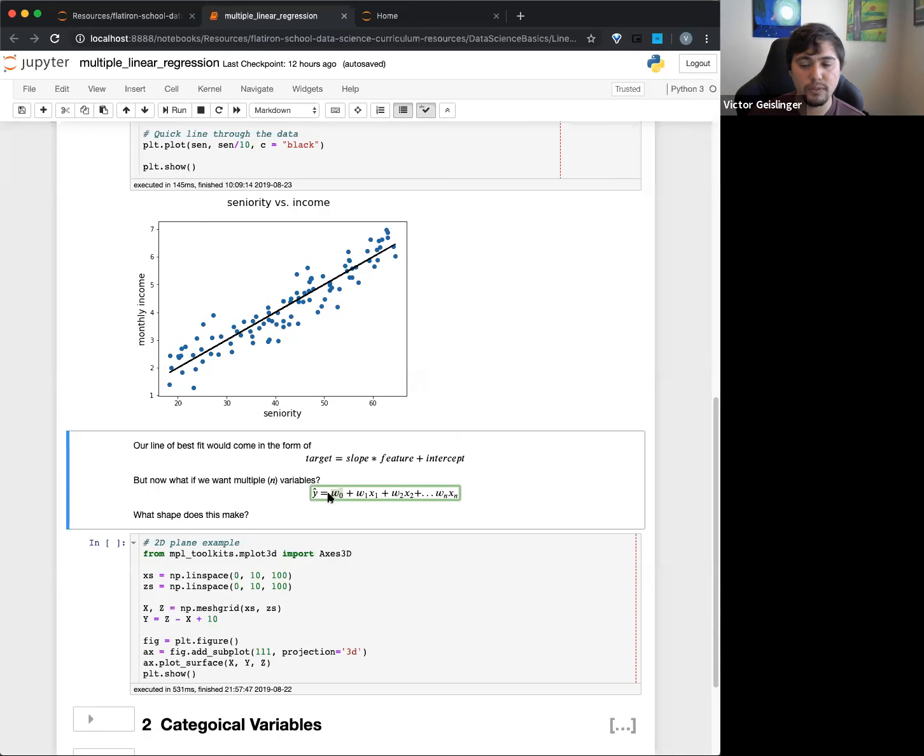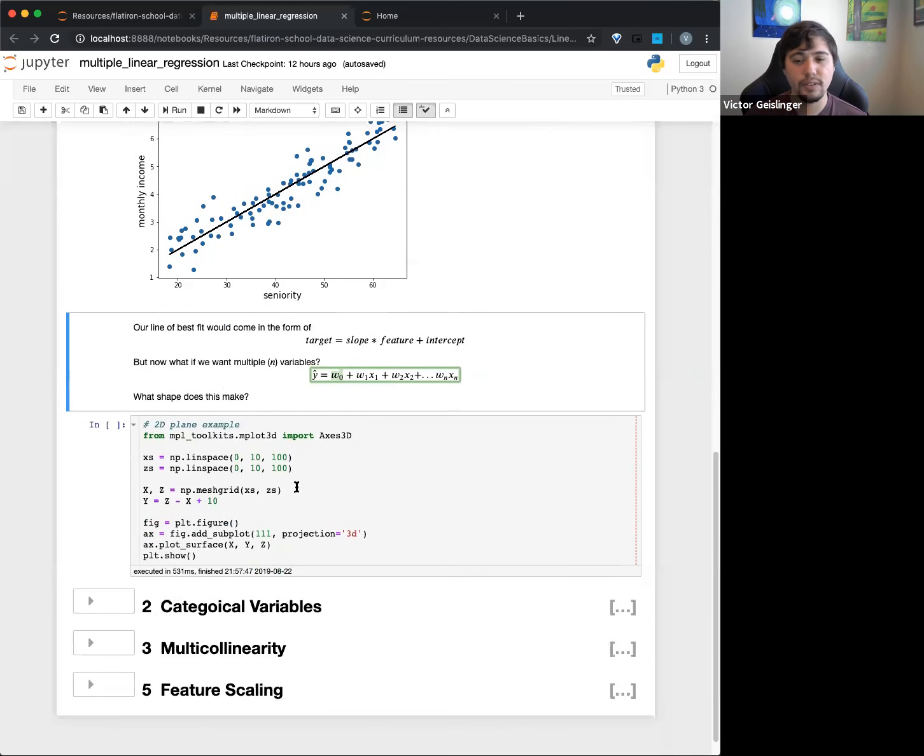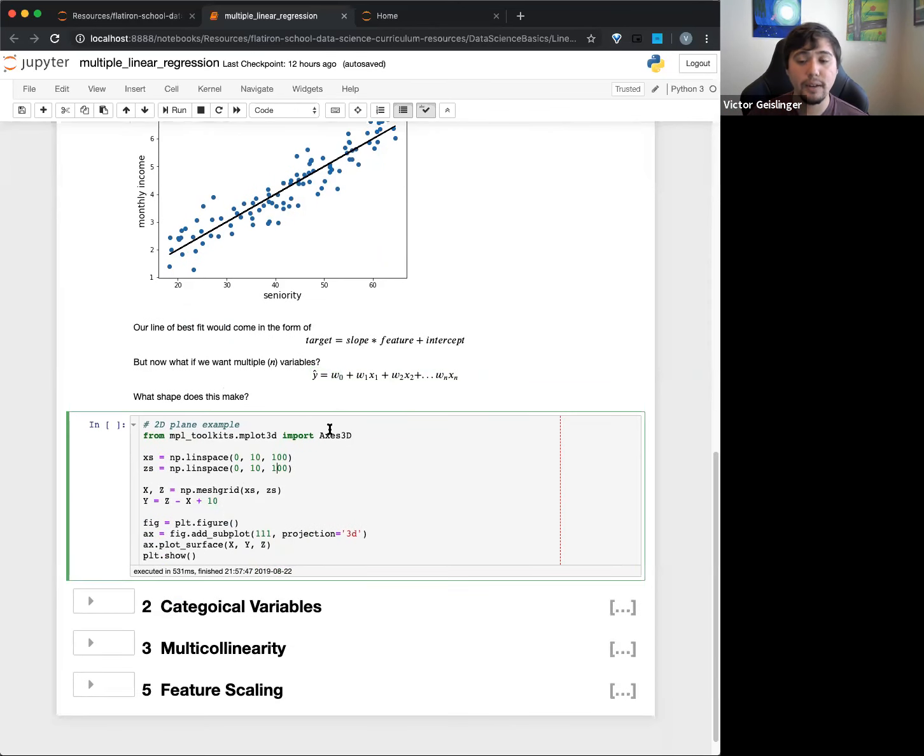And this is where this W, you'll see me use this, you'll see other people use it. Part of the reason why is because for other machine learning algorithms, you might call these weights. And they're also kind of useful. You can do vectorization with this. So that's why you'll sometimes see this reference. But to make a 3-dimensional plot, if I had 3 graphs, and this is just to show you what this looks like,